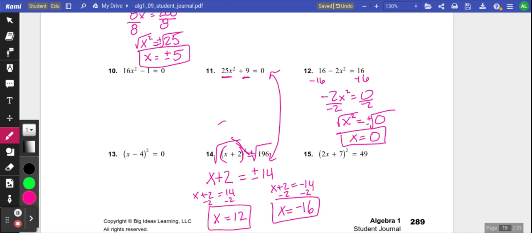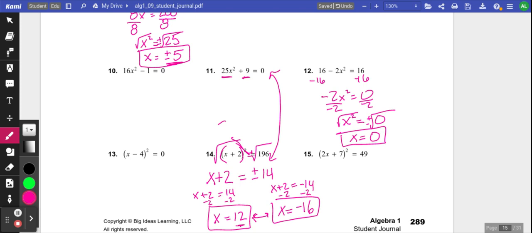Right, so be careful on these ones where you're taking that entire x plus 2, x minus 4, that entire little binomial and squaring the whole thing. You're not just going to have positive and negative 12 like we've had before. You have plus or minus 5. We have two totally different numbers on these. So just be careful. Make sure you're following the steps correctly and you're going in the right order with all of these. I'm going to do just one more because these are a little tricky, and then we'll be totally